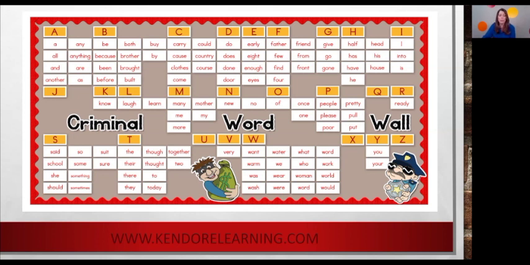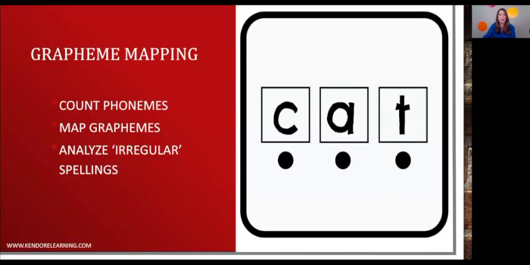All we're trying to do is to put them separate from phonetic words, so that if kids are having difficulty, they can look over here, because these are the words that they're going to use most commonly in their writing, especially when they're really young. Okay, so we're going to talk about grapheme mapping, because grapheme mapping is a great way to look at the criminal words, analyze their component parts, and then point out to the kids where they are,